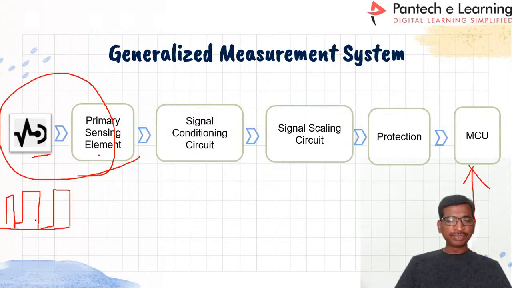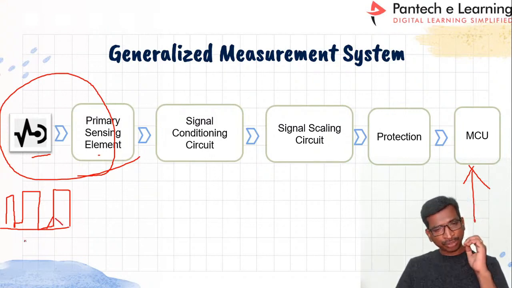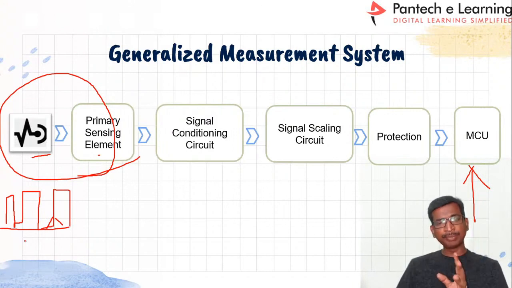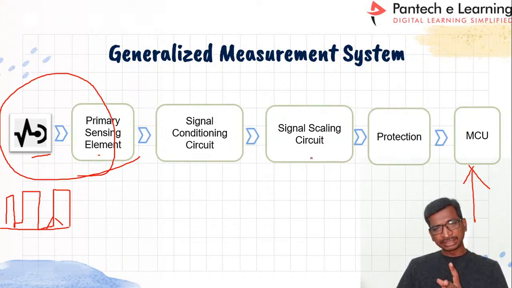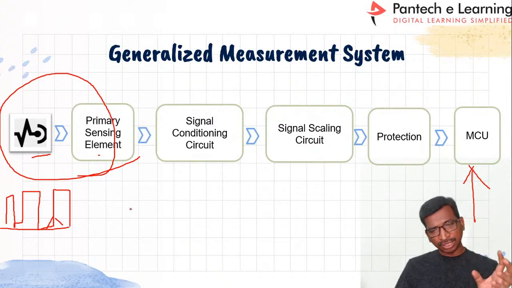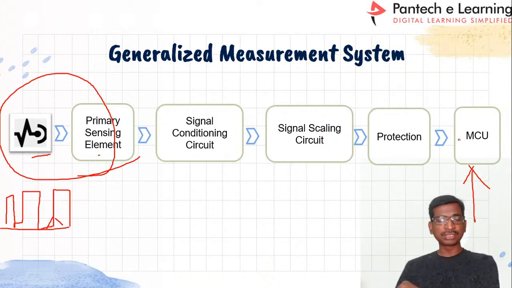So this pulse we are going to convert to voltage, or else if you are going to use the timing signals and all, in that case there will be noises, and there will be voltage peak overshoots, so everything will be there. So this signal conditioning circuit will first of all monitor, and then clip the basic unwanted signals. The signal scaling circuit is nothing but, the same signal which we are going to connect to the microcontroller should be less than, at the same time equivalent to, the operating voltage of the microcontroller.